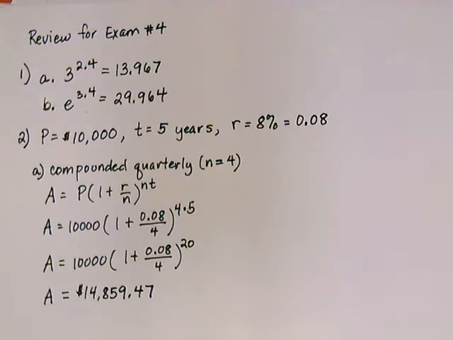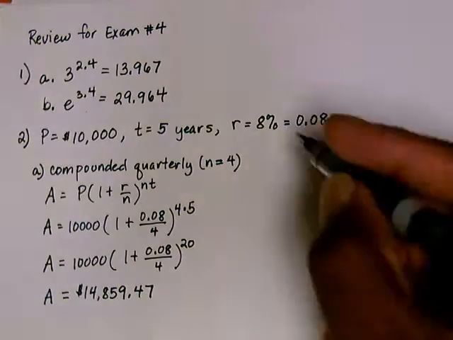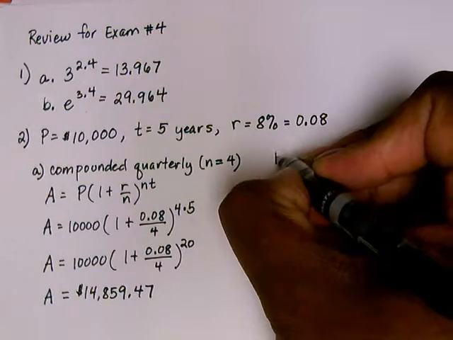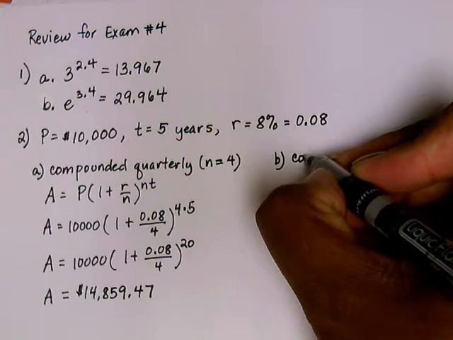So this will be the accumulated value of an investment of $10,000 for 5 years at 8% compounded quarterly: $14,859.47. So that's part A. Part B,